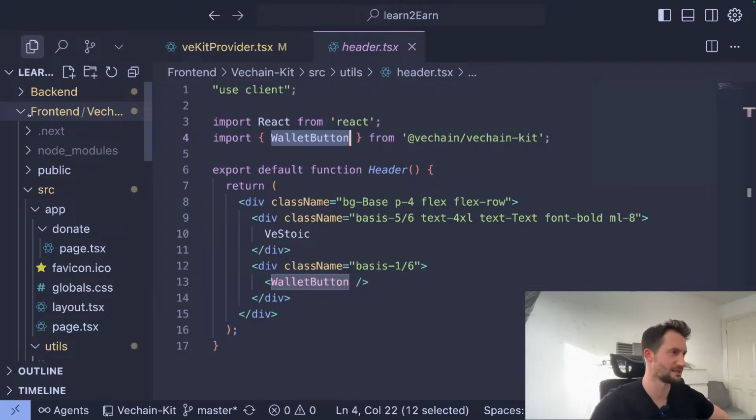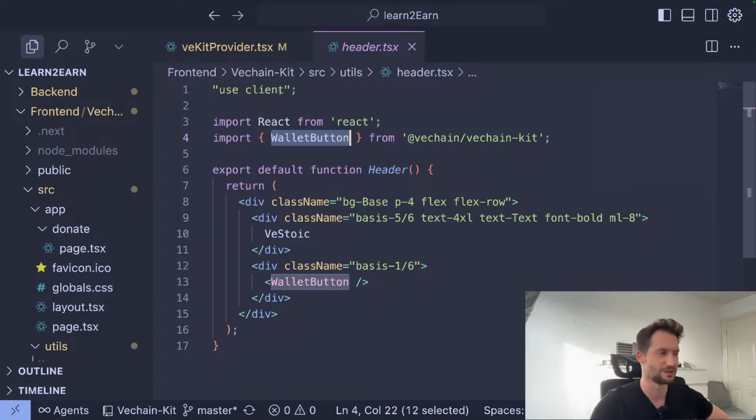So that's essentially how you set it up. Obviously, any of your important client side stuff needs to be used client. But I'm not here to teach you how to build a React app. I'm not really here to do that. We're looking specifically at these